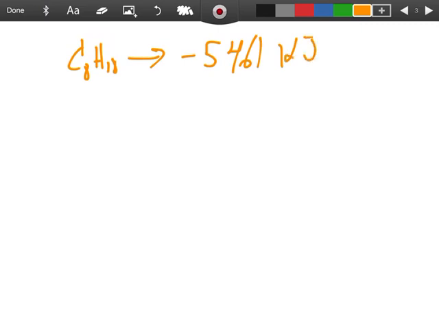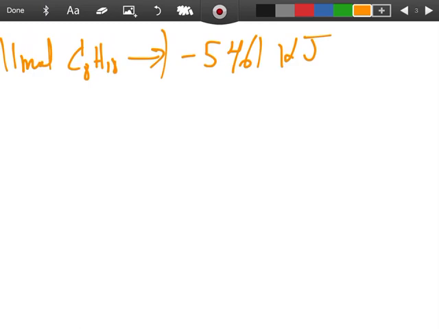But every single one of them is going to obey Dalton's rule, okay? So if you have C8H18, and this is going to release minus 5,461 kilojoules for every mole,